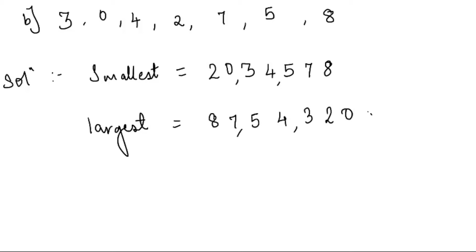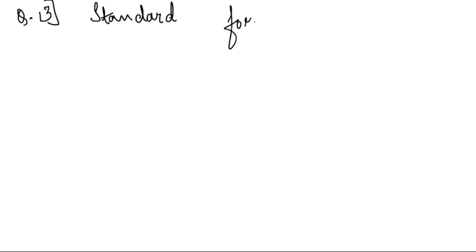Next, we will go to question number 13. In question number 13, you have to write the following numbers in standard form. The expanded form has already been given to you, and you have to write it in standard form. First: 8,000 plus 9,000 plus 200 plus 50 plus 3.